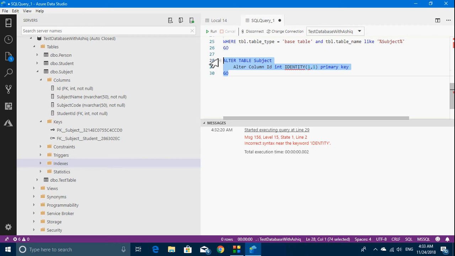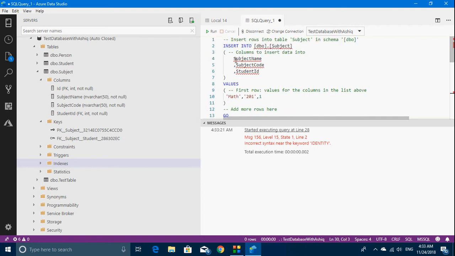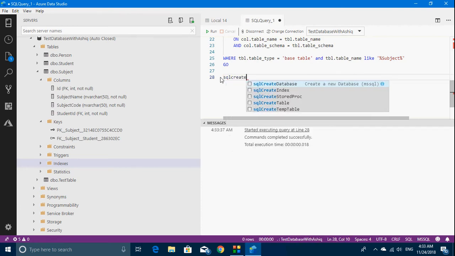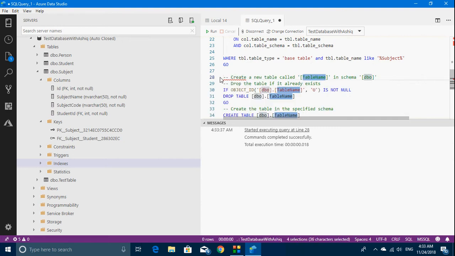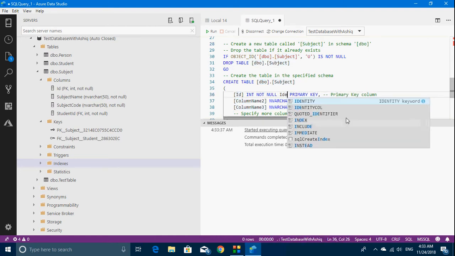So incorrect syntax near keyword identity. Okay, we are adding this table again, and subject, and ID primary key not null, and identity,